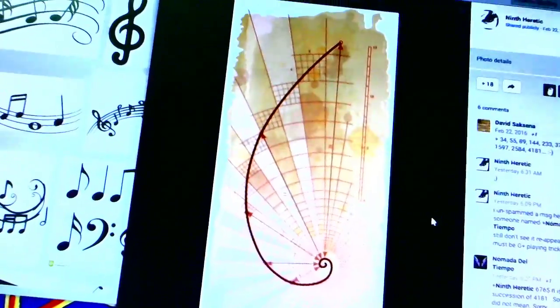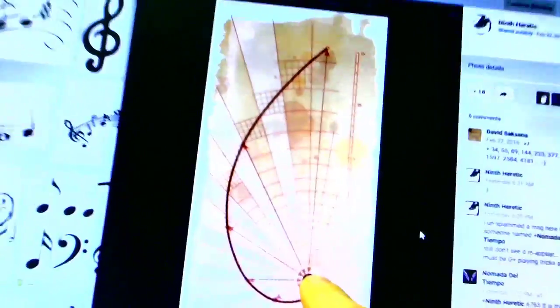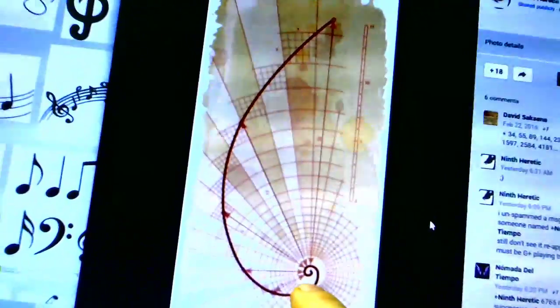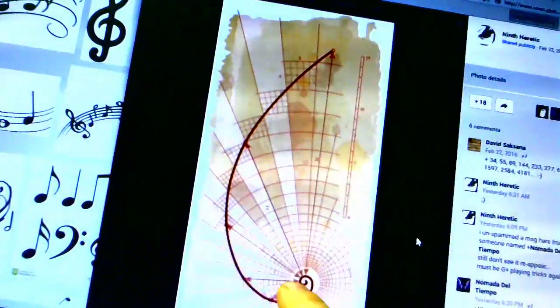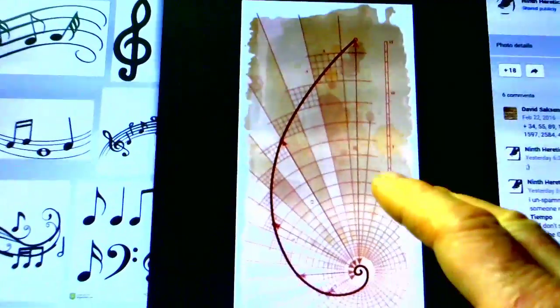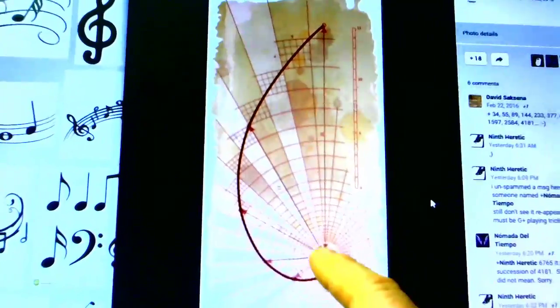What I want to start right now is a comment that was made by, I'm not sure who, it seems like Ninth Heretic, but it was shared by another person. And this is what the design is, and it's something that we rarely ever see. It's the Fibonacci 6, okay? The Fibonacci 9, you see this area over here? The Fibonacci 9 is when this area is up here. The Fibonacci 6 is when it's down here. However you perceive to understand that, in a video I did yesterday, this is what it is.